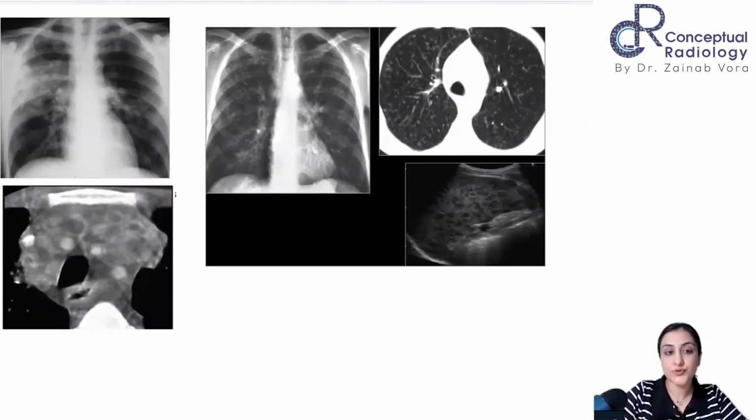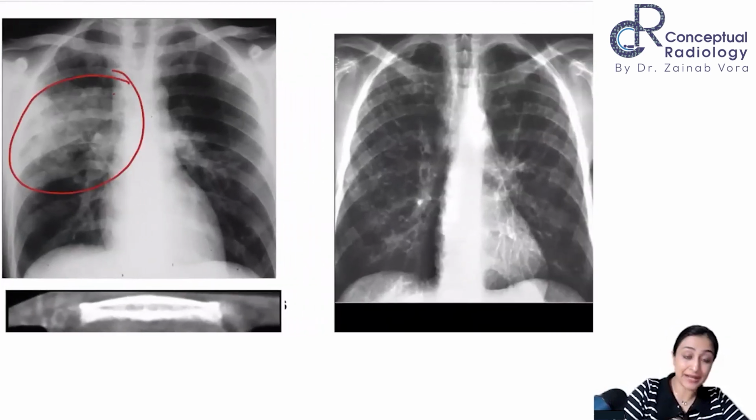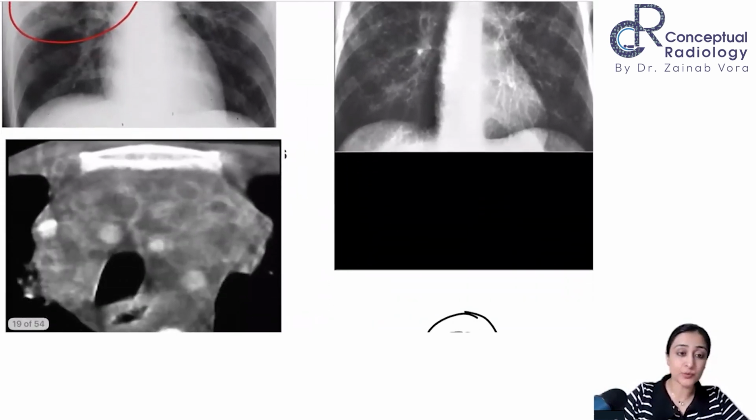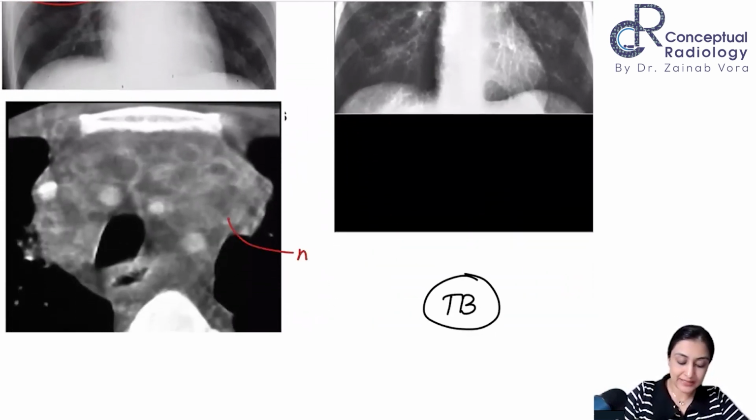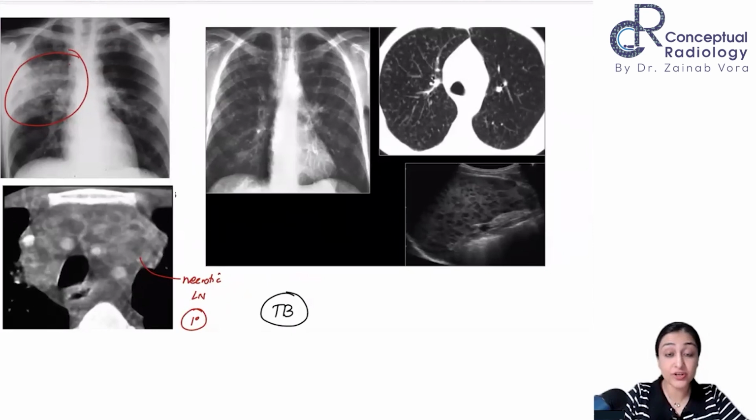So what do you see in this entire page? It's way too familiar to you guys. It's all tuberculosis, right? So look at this. This is your primary pattern of TB. This is where primary TB usually presents, around the horizontal fissure. So you can see how there is a right upper lobe consolidation, very, very necrotic mediastinal lymph nodes. So all of this is your primary pattern seen in relatively lower